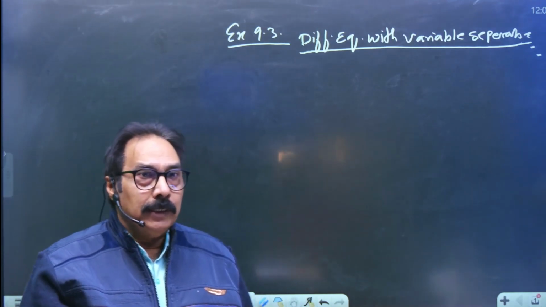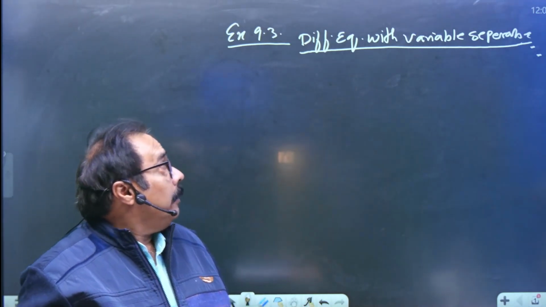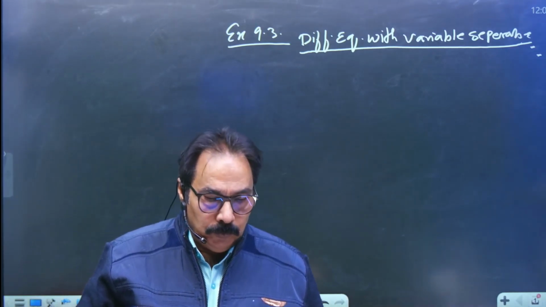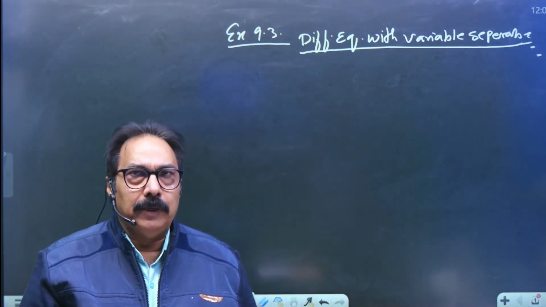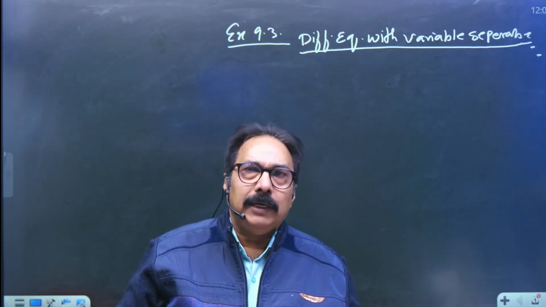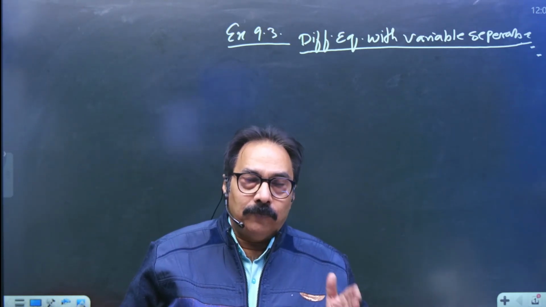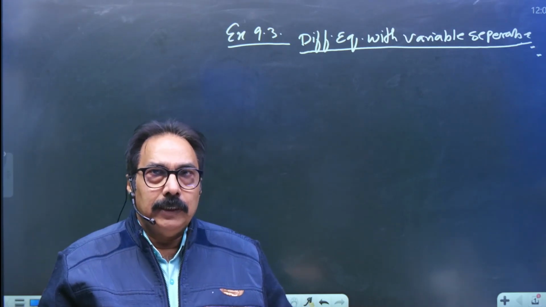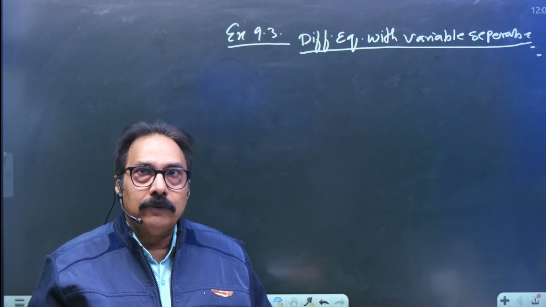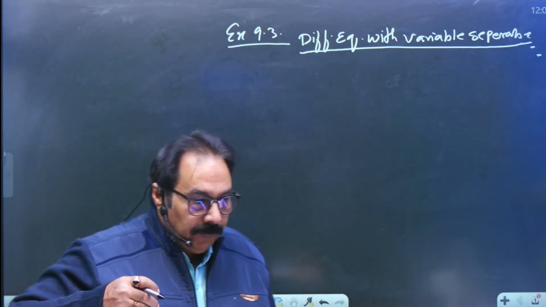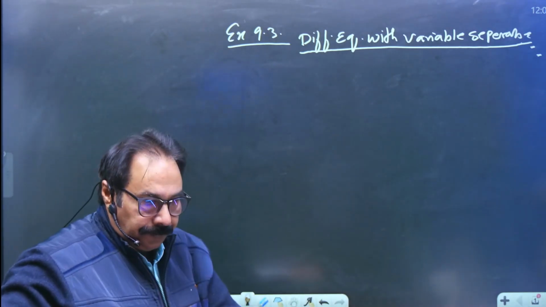So as it is clear from the topic, variable separable means we have to separate the variable. मतलब क्या करना है इसमें कि जो dy का टर्म है वो y वाले टर्म को dy की तरफ ले जाएंगे और x वाले टर्म को dx की तरफ रखेंगे और उसके बाद इंटीग्रेट कर देंगे, राइट? So the very first question is